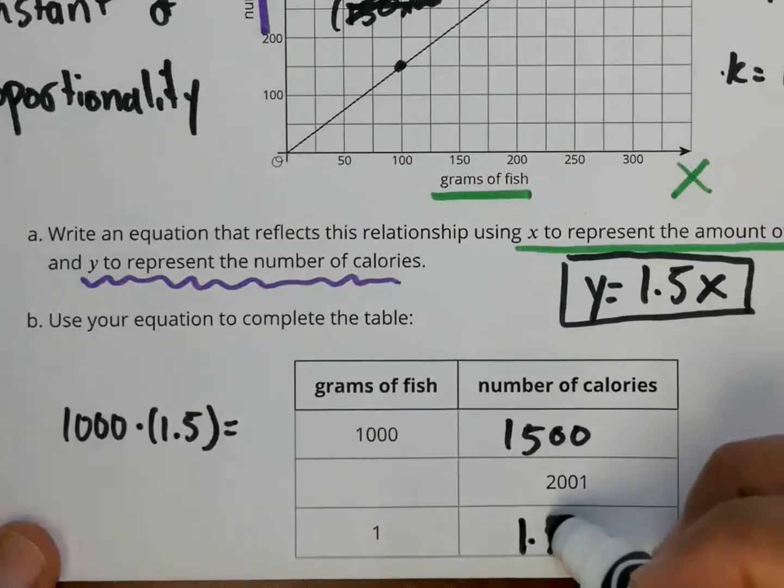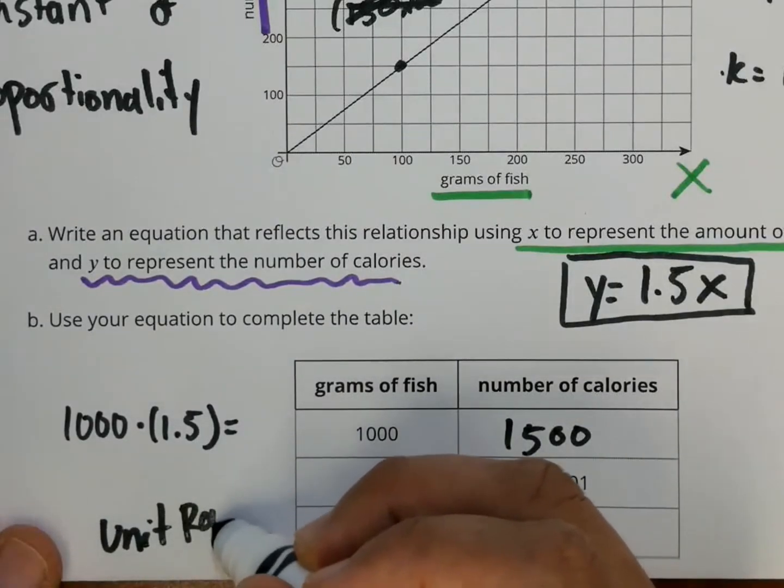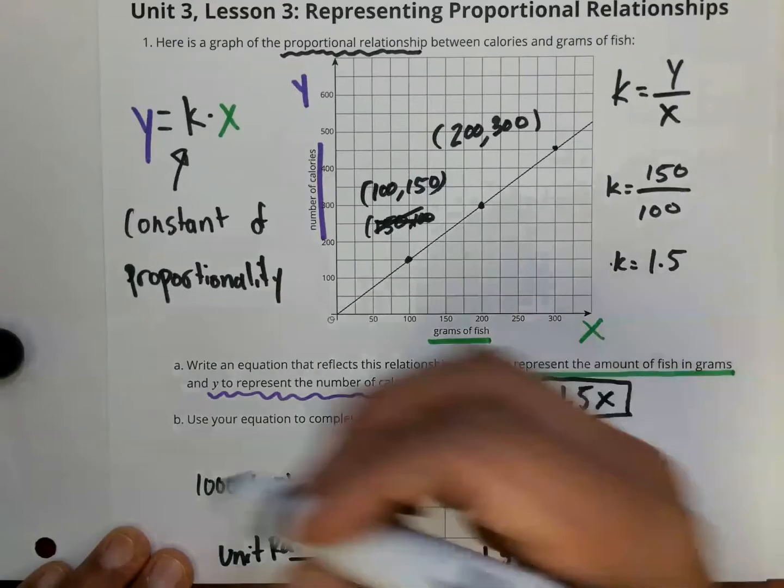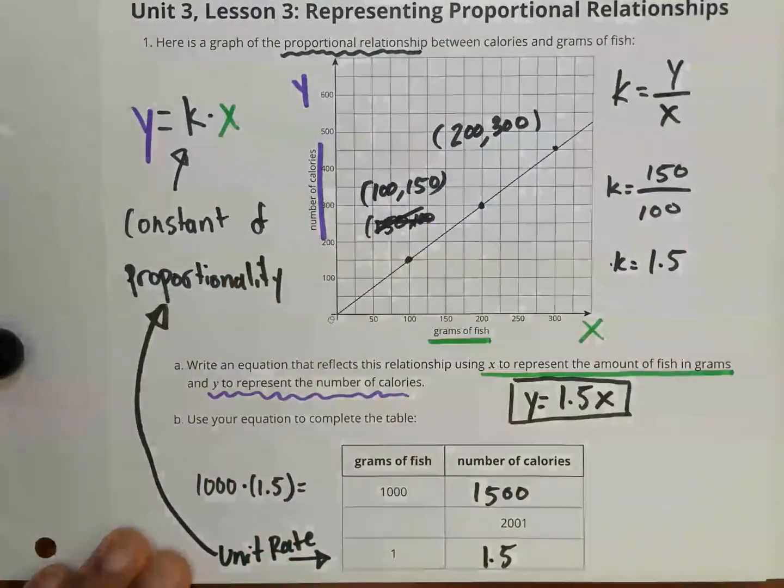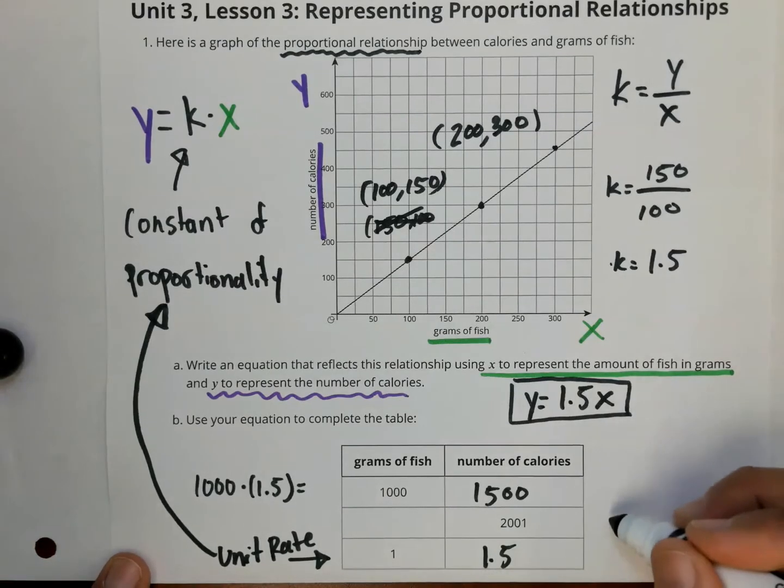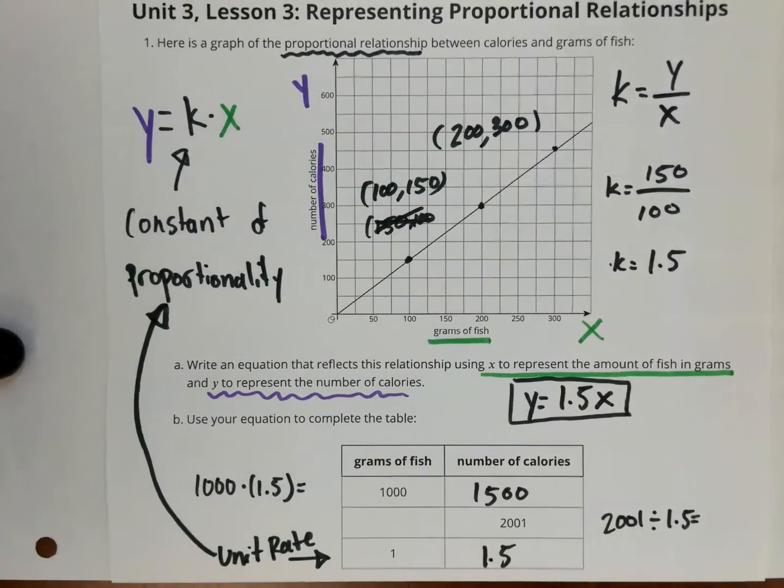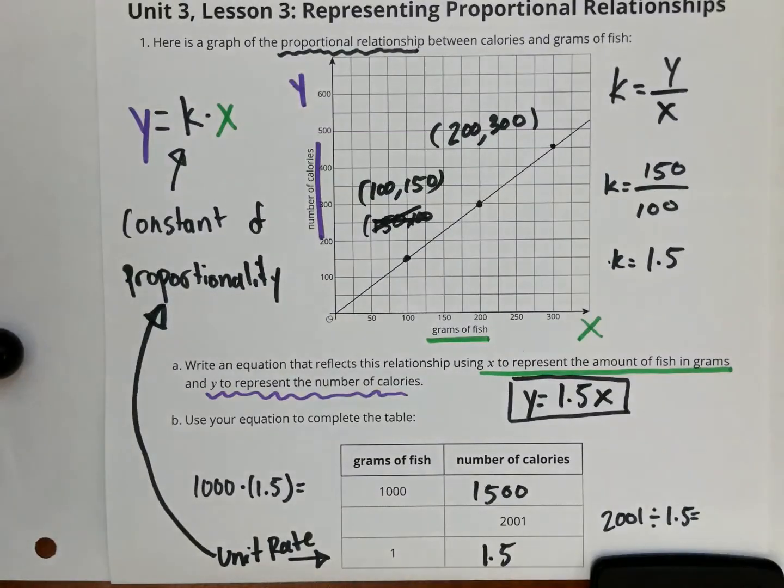Okay. The last row here, 1 is 1.5. This one is also the unit rate. The row with 1 is also the constant of proportionality. Okay. Now for the middle row here, what am I going to do? I need to think what number times 1.5 will be equal to 2001. So I'm going to do the opposite. I'm going to divide 2001 divided by 1.5. Okay, I do the division and I get